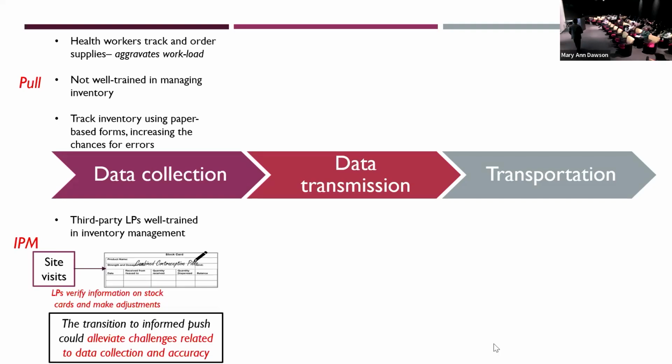So, do you know of any countries where they use the pull model at the last mile facility, but we're using electronic records instead of those paper records, and that reduces the stockouts? Yeah, great question. I'm going to show you how this compares to that. That is actually the final piece of our work. We do compare: should you just invest in electronic LMIS rather than do a full scale change in the distribution strategy? And I'm going to show you where exactly that is an appropriate strategy and where you should go for a full scale implementation.